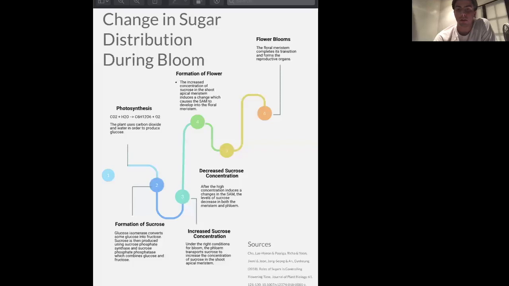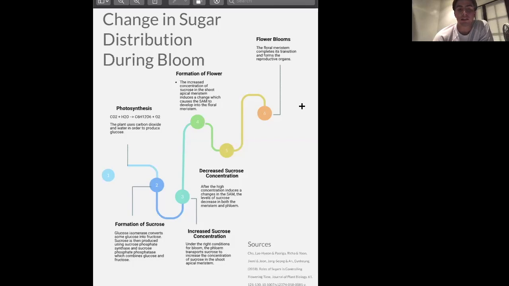So now we're going to look at the change in sugar that lets the plant know when it is supposed to bloom. This starts out with the process of photosynthesis. Using that CO2 and H2O that was brought in during transpiration, the cell is able to undergo photosynthesis using light energy. The next step in that process is the formation of sucrose, which the cell creates from its glucose and other enzymes, and which is going to be the main signal for the plant to start